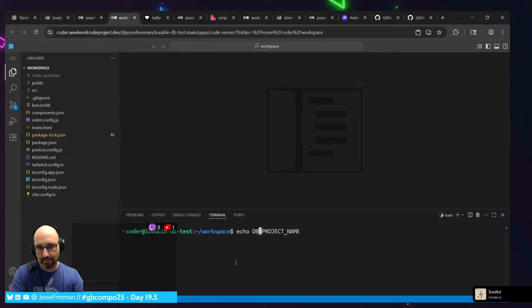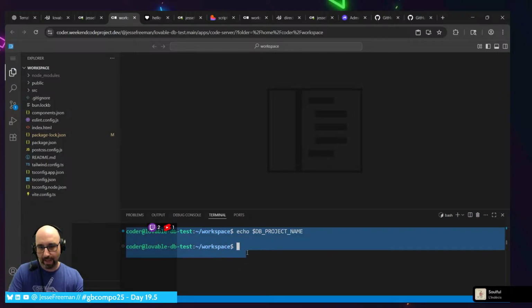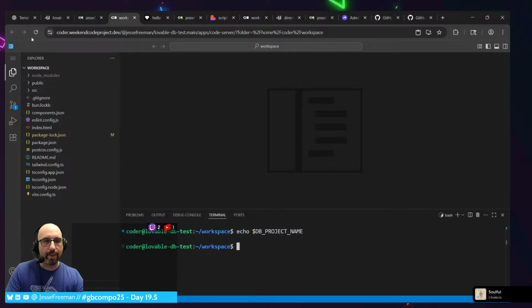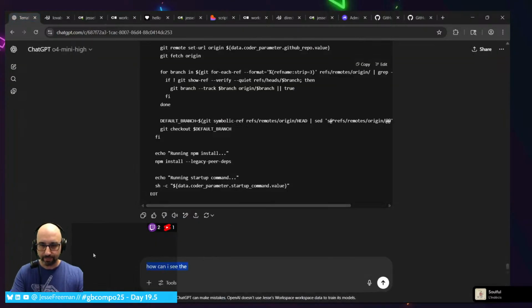It should just be a dollar sign, right? So it doesn't look like it's getting passed in. You know what? I may not have actually finished. Now, how do we pass all of these? Wait. It doesn't look like the variables are set up when I open the terminal and do this. I get nothing.